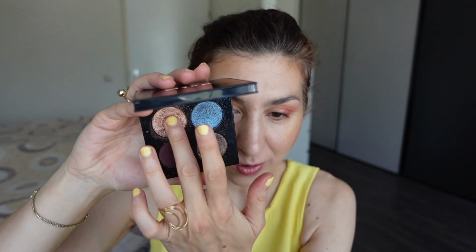And then, without wasting another minute, I'm going to go into Golden Polaris again using my finger. I might just take a brush for the very inner corner, but for the rest I'm just going to use my fingers, because...